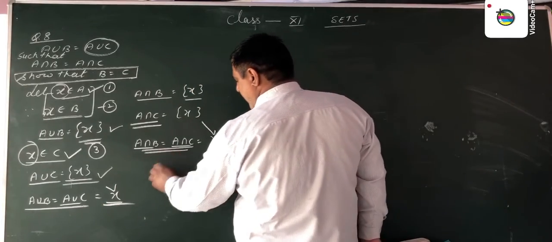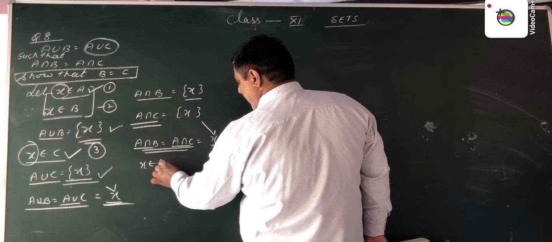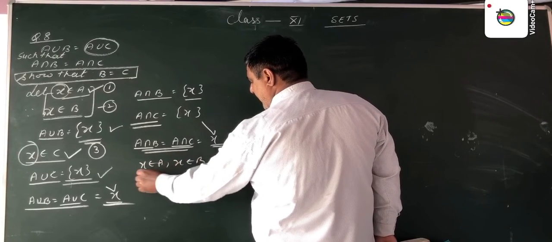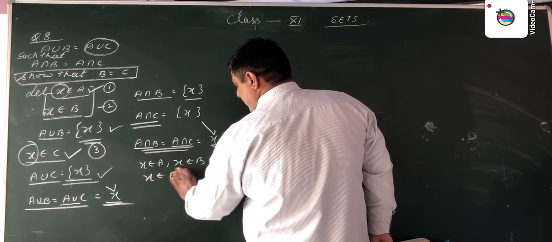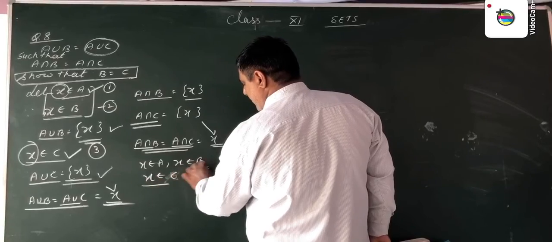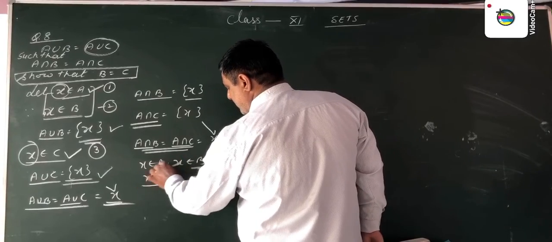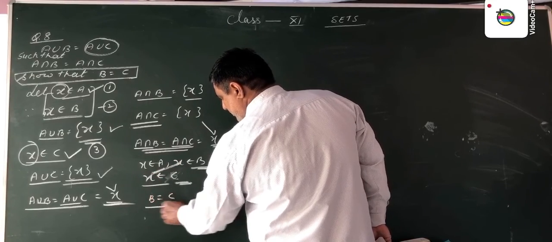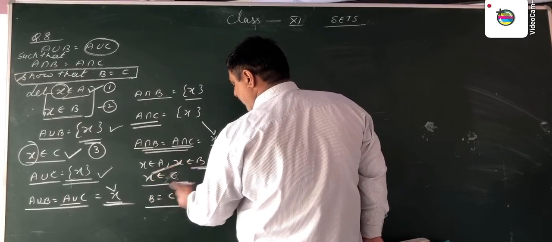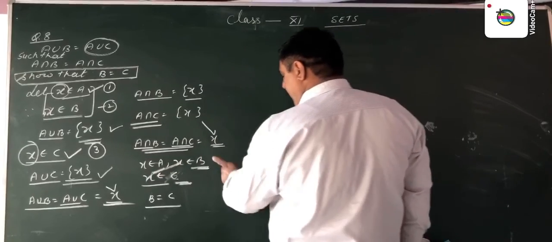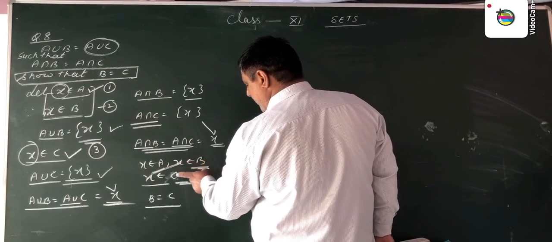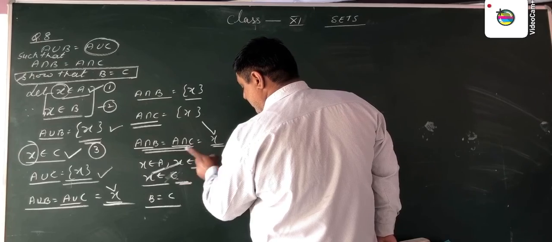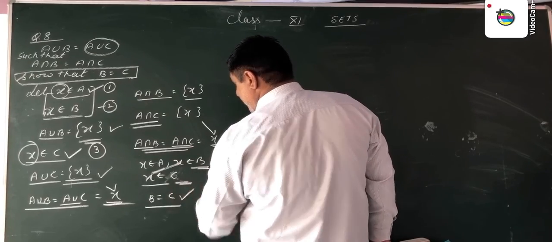It means x belongs to A, x belongs to B, and x belongs to C. Here x belongs to B and C. Then x is in both, so B is equal to C, because x is a common element of both. So the elements of B are also equal to the elements of C. So the set B equals the set C. Hence